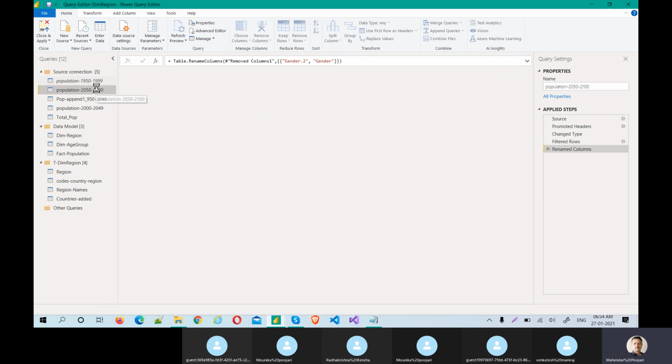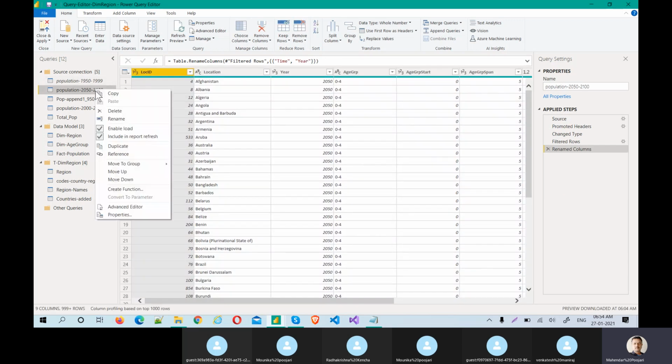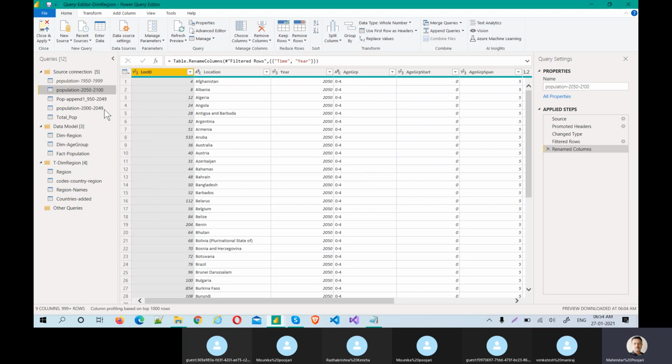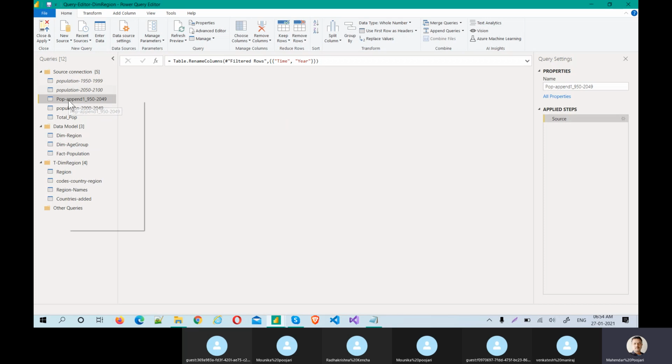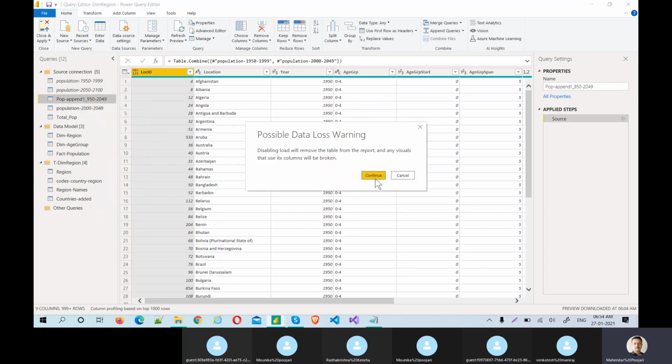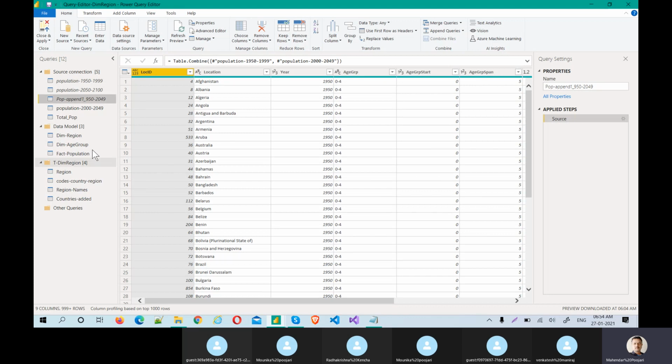Okay, and the same you can apply here also: enable load and continue. See, the font will change to italic. Just observe that. By seeing it, you can tell whether load is enabled or not. These two are not enabled for load because they are in italic font.